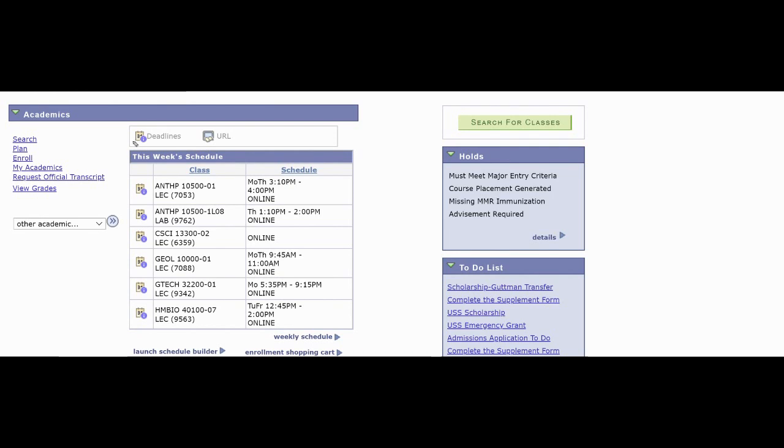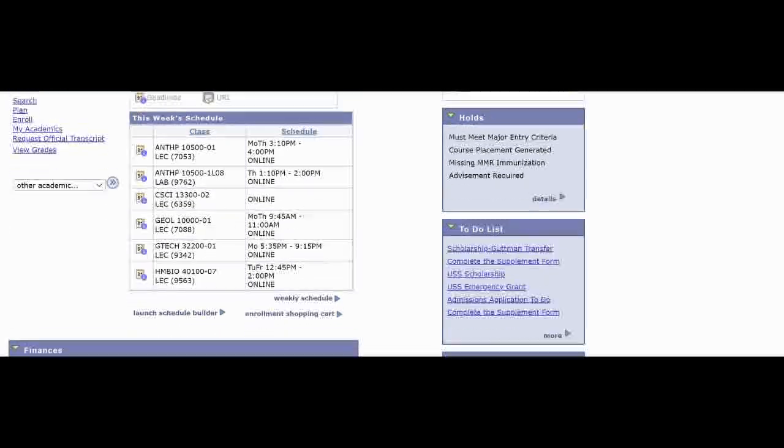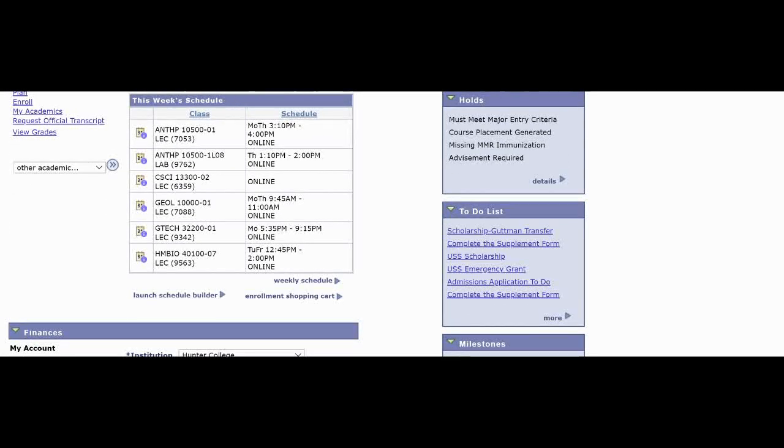But more importantly, over here in this big old box will be your weekly schedule, including the dates, times, locations for each class on your schedule. Now, unfortunately, it might be a little hard to visualize all these classes and what it will look like for you weekly. So you can click the text down here, where it says weekly schedule,